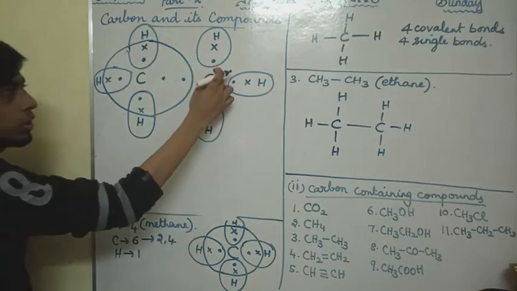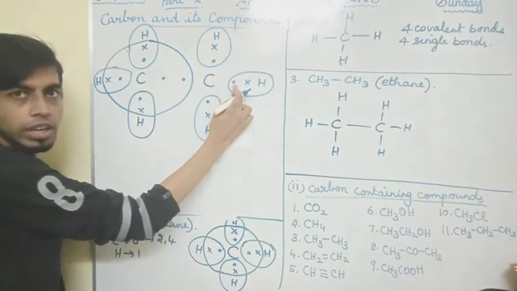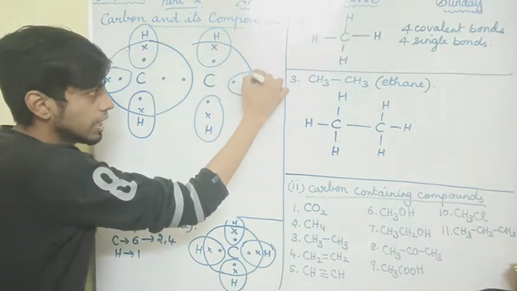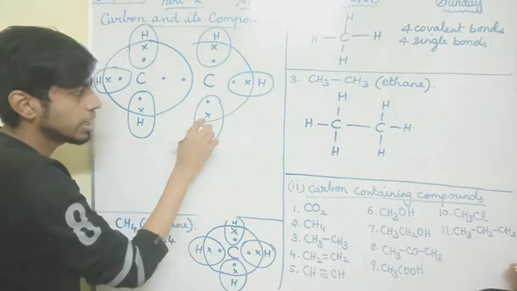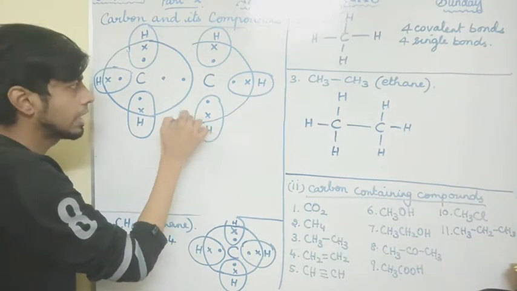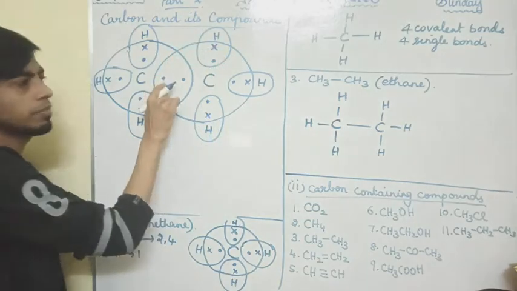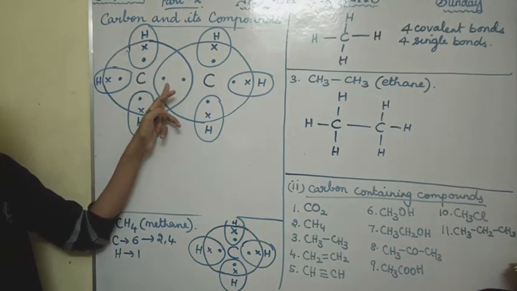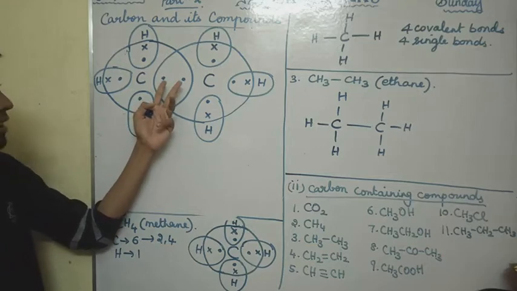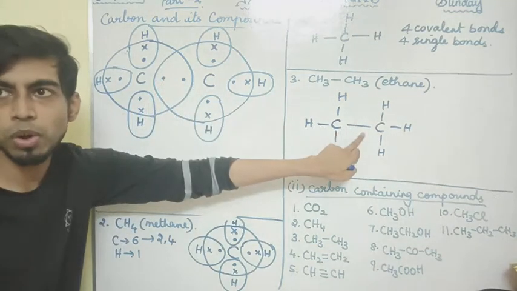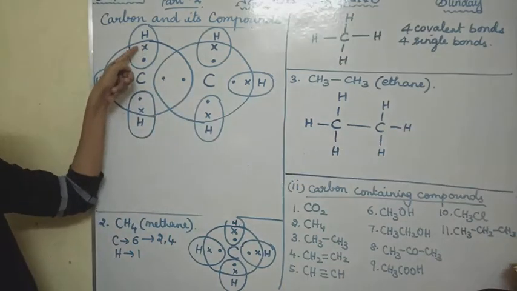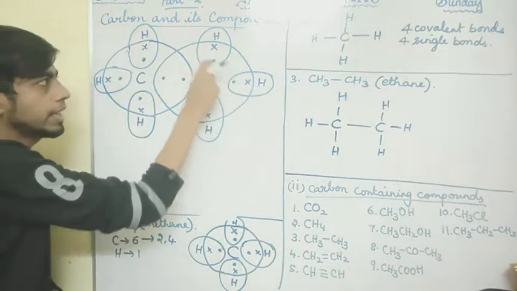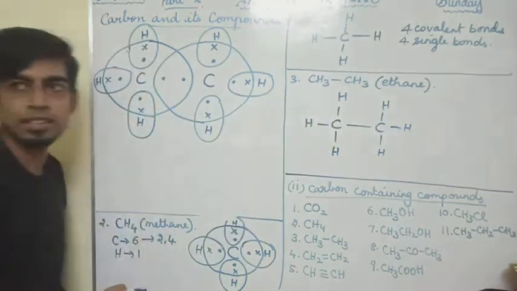Now coming to this carbon, 1, 2, 3, 4. Already it is having 4. Fifth electron from this hydrogen, sixth electron from this hydrogen, seventh electron from this hydrogen, and eighth electron it will share from this carbon. Now you can see in the middle how many bonds are there? Sorry, 2 electrons are there. So these 2 electrons they have formed a bond here. These 2 electrons, 1 bond. These 2 electrons, bond. So wherever the 2 electrons are there, we are getting a single bond.